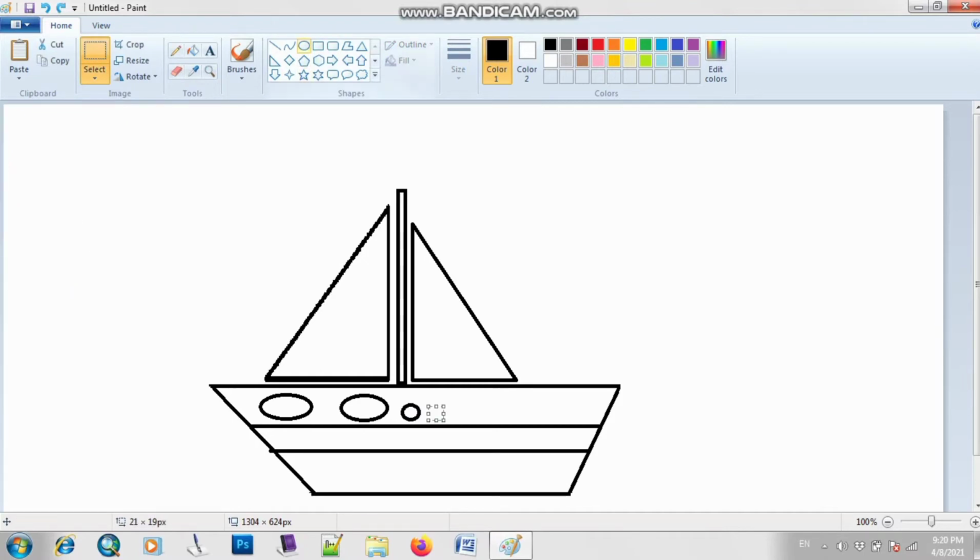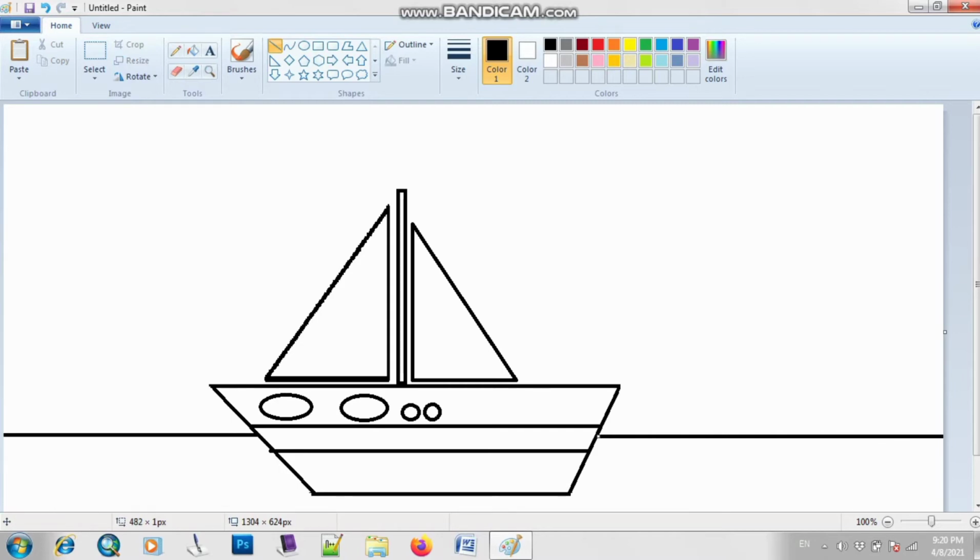And then I will choose one more oval shape and I will draw here. Is it clear? So after drawing, I will just make a line and I will complete this, so it will look like my C, right? So same from this side also, I will just make it a clear line.